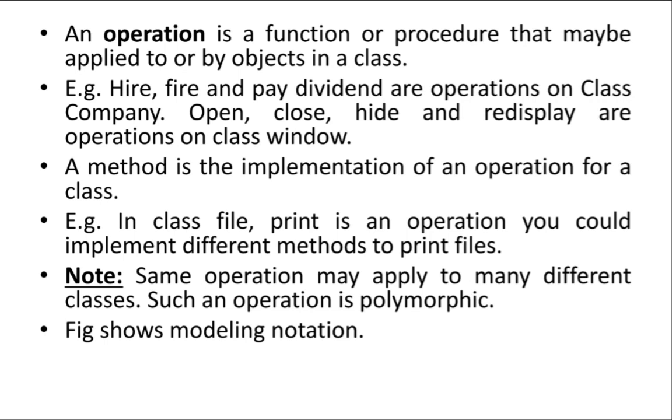They are moving, but they are moving in a different way. That is polymorphic: same thing but different forms. Move is the same thing with a different way of movement. Moving is the same thing. It applies to carom also, it applies to chess also. But in carom it moves differently, in chess it moves differently. That's why move is a polymorphism.